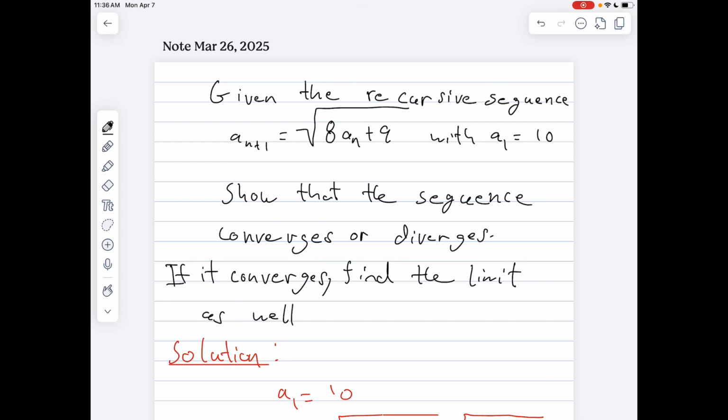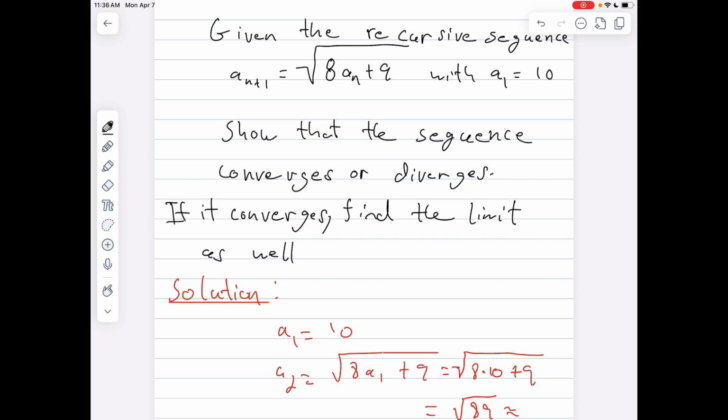Hello everyone. So today we have a Calc 2 question. Given the recursive sequence a sub n plus 1 equals the square root of 8 times a sub n plus 9 with a sub 1 equals 10, show that the sequence converges or diverges, and if it converges, find the limit as well. So when you're working with recursive sequences, it's hard to see whether it converges or diverges by